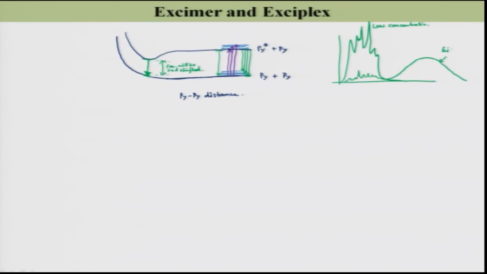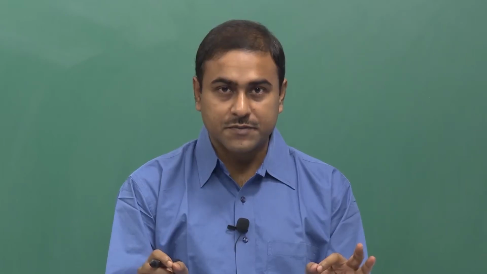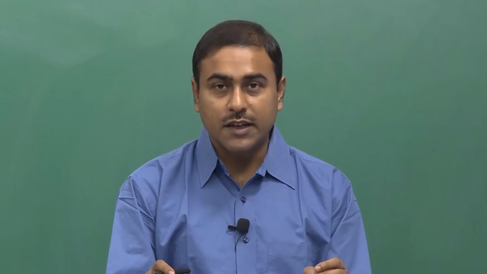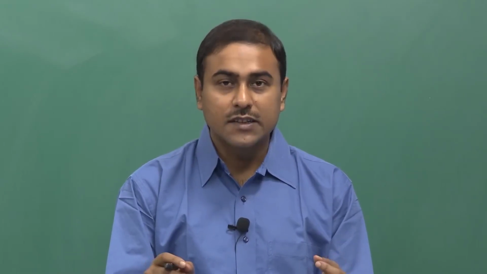So, this is high concentration. Now, if this phenomenon is happening between two pyridine molecules, such a phenomenon is called the excimer, because this is kind of a dimer formation,